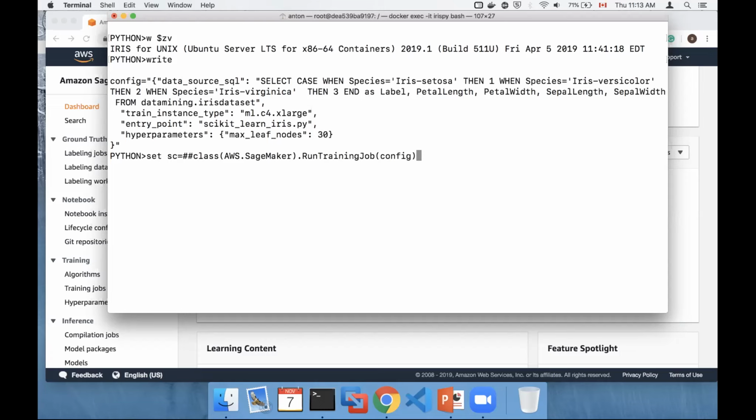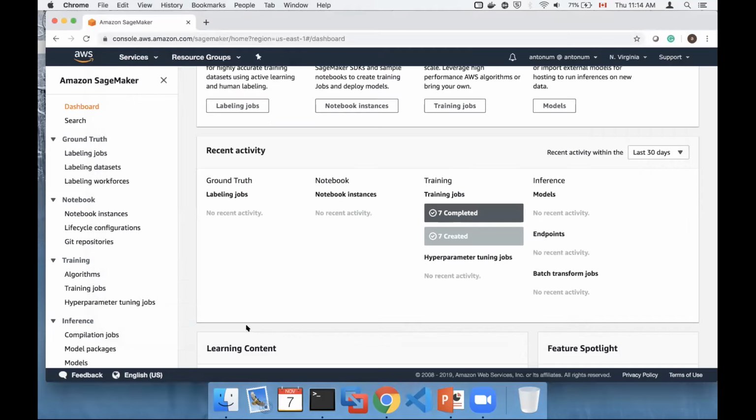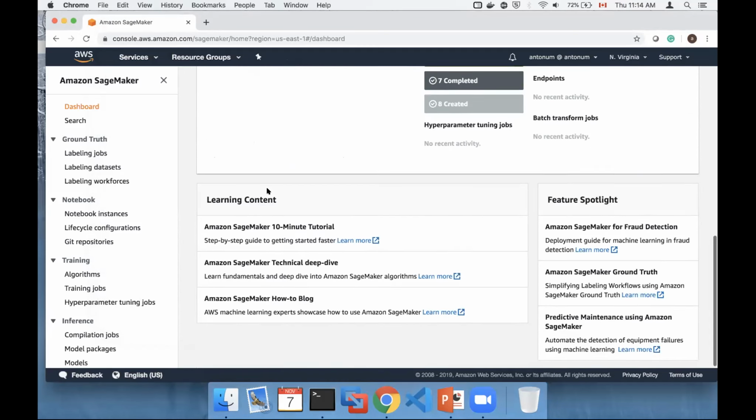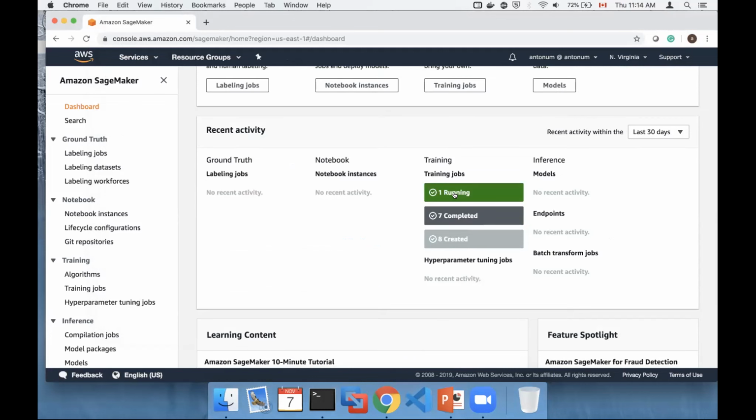So now let me start this job. Right, so I'm passing this configuration JSON file to my AWS SageMaker, and yeah, the job has started. So a whole bunch of things started happening, but they're not happening on my instance. They're all happening on the AWS side. So if I refresh this page right now, right, I would see that one job is running, and this job is initiated from within my IRIS instance, right? So I'm running an AWS job from within IRIS, right?